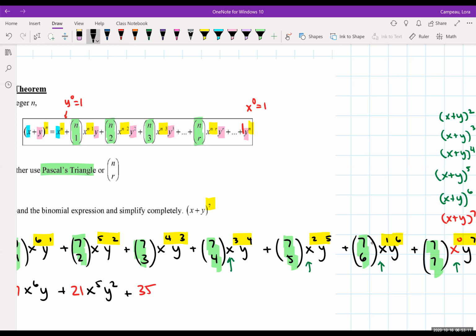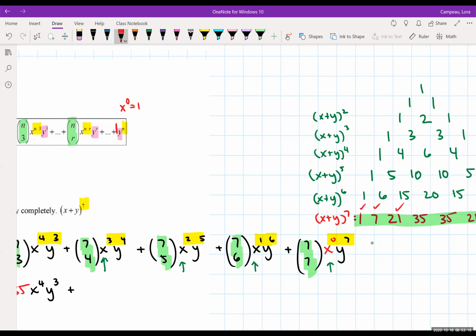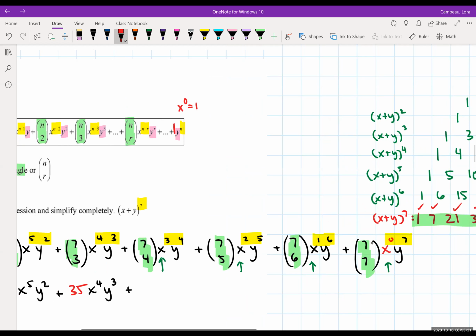So that's going to leave us with x to the 4th, y cubed. Moving on, we already had that first 35. We have another 35. You're kind of like, why are they the same? I encourage you, look at the formula and see what happens. It has to do with the reducing. So 35, now we have x cubed, y to the 4th,